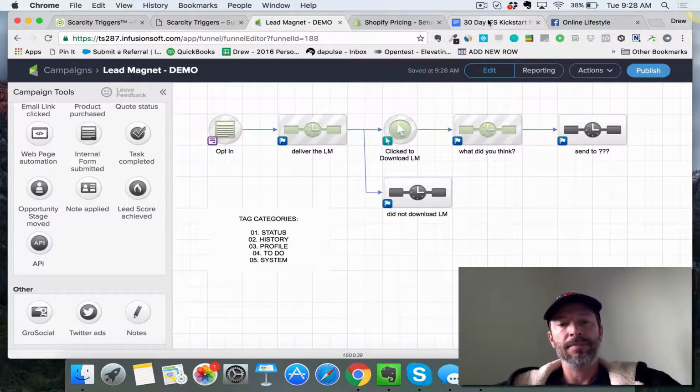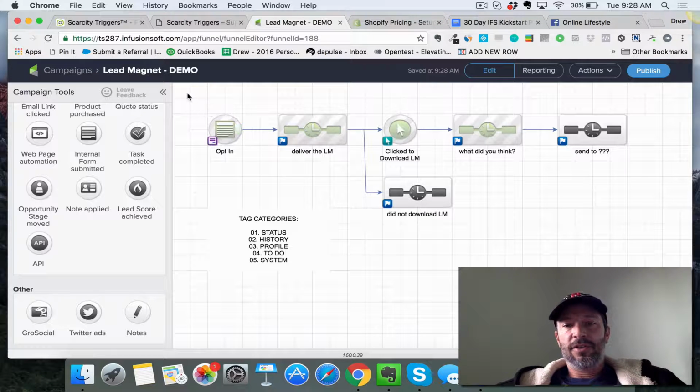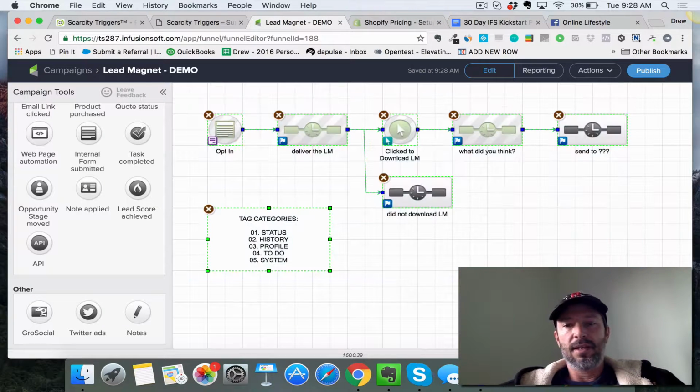basics of tagging. Now, I'm not going to go super in depth here, but I just want to give you enough information that you can go and get started and start building with a solid framework with some best practices. So, a couple things here. We're going to go back to this first lead magnet demo because it's a very simple campaign, but very effective